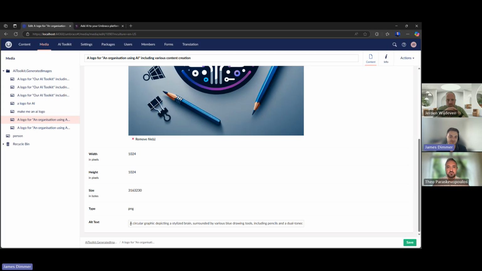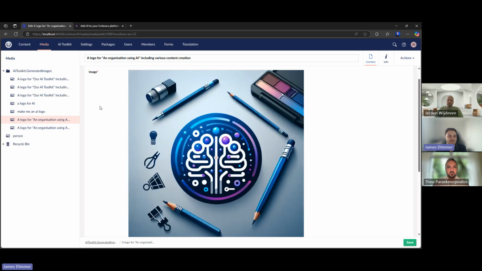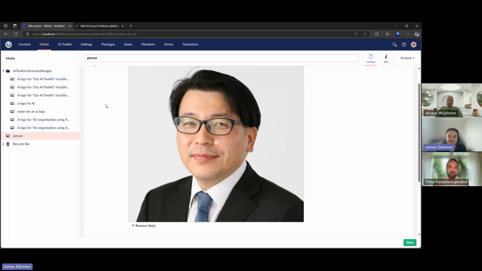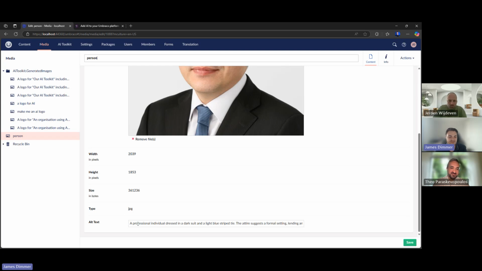We know in this example, the alt text is quite long. So what you're able to do in our settings in your app settings file is just set a character limit. We recommend 60 to 100 characters. That seems to be the recommendation from multiple sources as to the prime number. And then it will limit your alt text to about that range. And it doesn't just restrict this to images generated from the plugin itself. So I've gone and just uploaded a very serious businessman here from my machine, and instantly we have a professional individual dressed in a dark suit and a light blue striped tie.